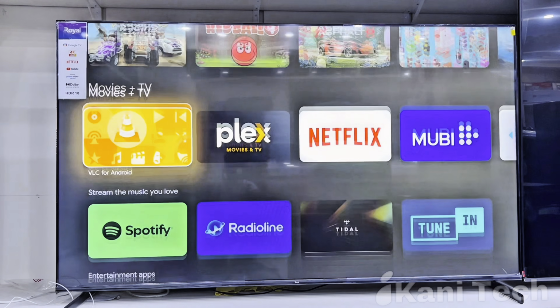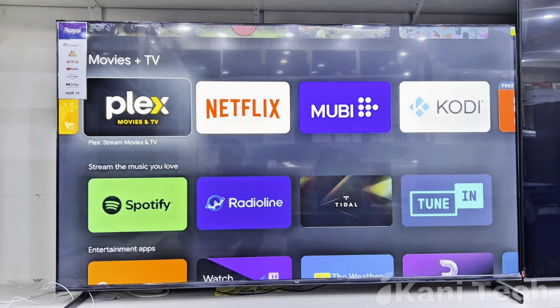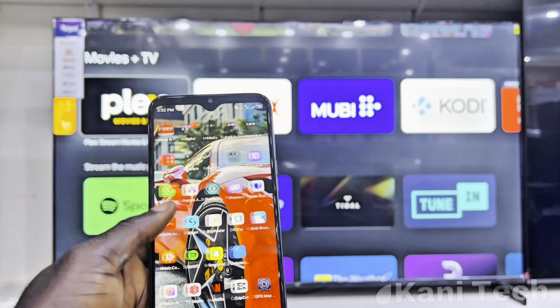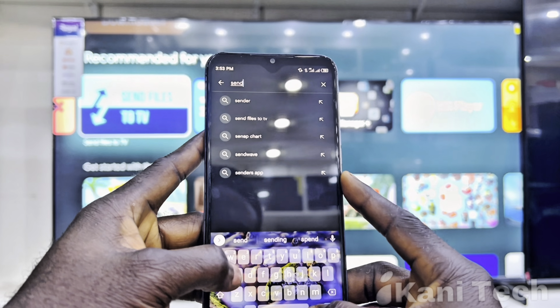Ever wanted to install apps on your Android or Google TV without using the Downloader app? In this video, I'll show you the fastest and easiest way to install any APK app on your Android TV using only your phone. First, pick your Android phone, go to Google Play Store, search for Send File to TV,